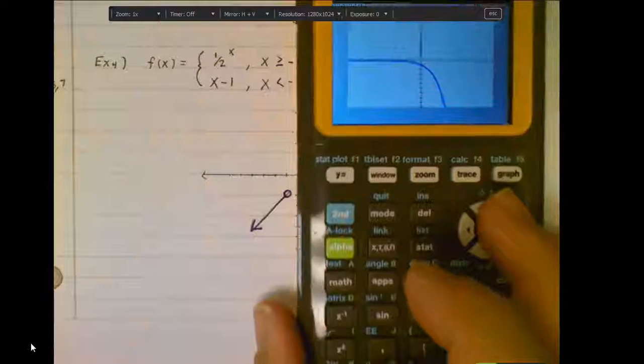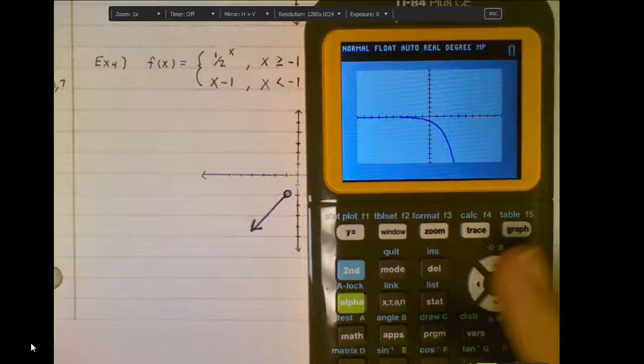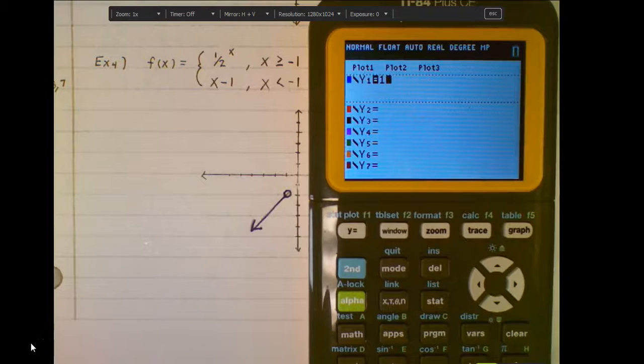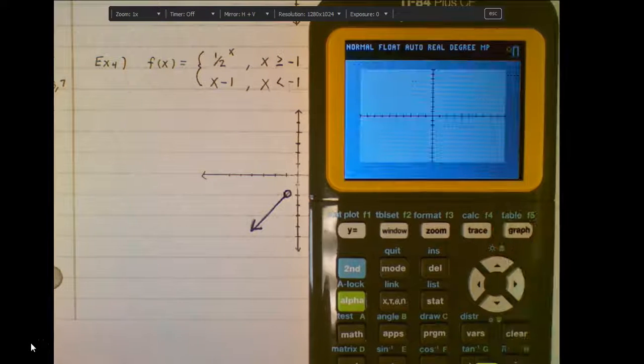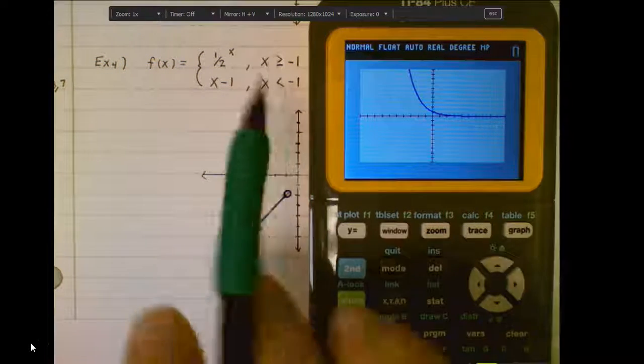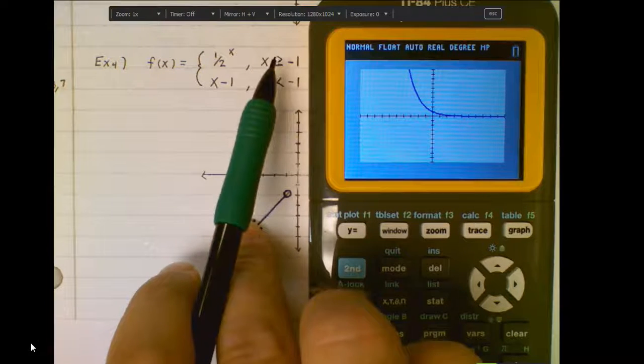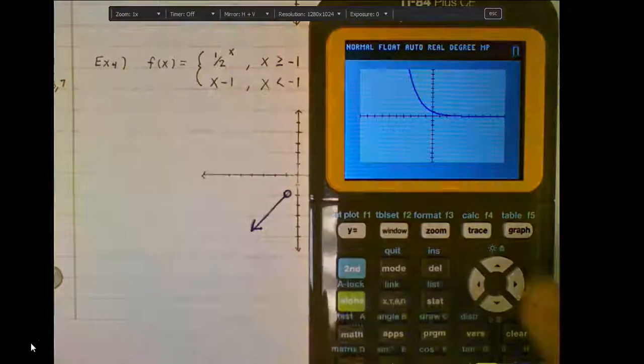And again, I definitely want to take advantage of my table for some accurate points on this graph. And so if I did my 1/2, and you know what, let me put parentheses around that. So 1/2, in parentheses, raised to the x power, and hit graph. So here's the function, and now I just need to make sure I get some accurate points. So based on this, I'm going to start with -1 and then use numbers that are greater than -1. So if I go to my table,